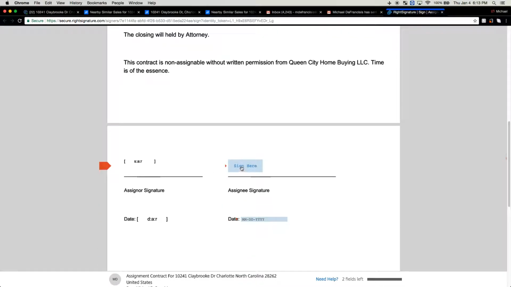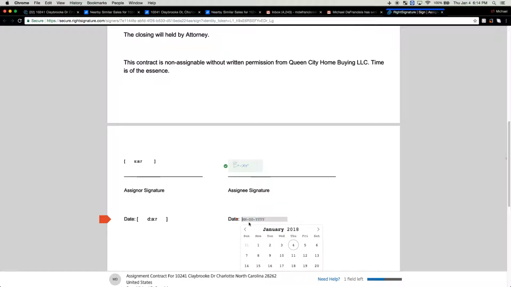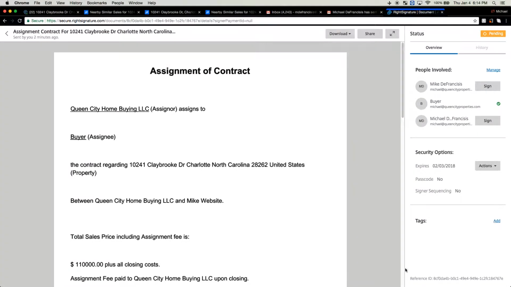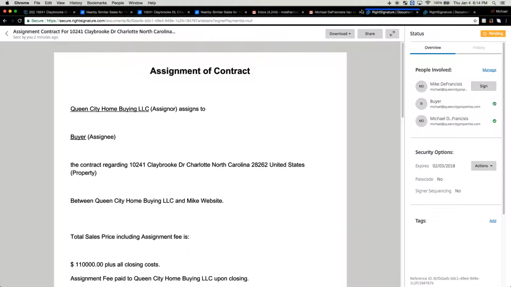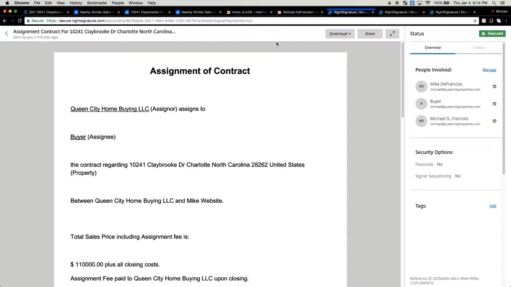And then as the assignee, so this is the buyer signature. So, all right, buyer. I'll date it. Submit it. I'll actually go ahead and do that for all three, just so you can see what automation's built in. This one's the admin. Signed. And then this last one must be the assigner. All right. So now what's going to happen